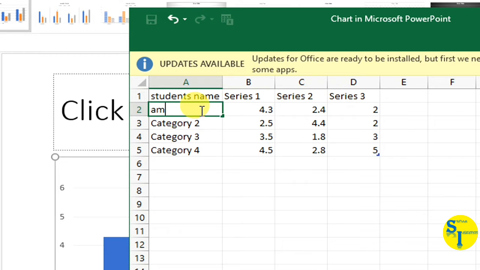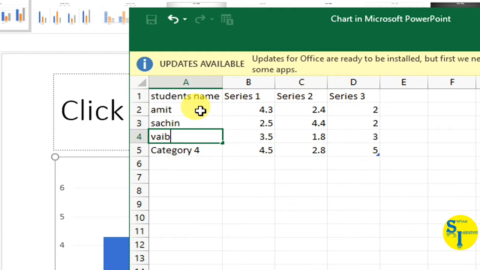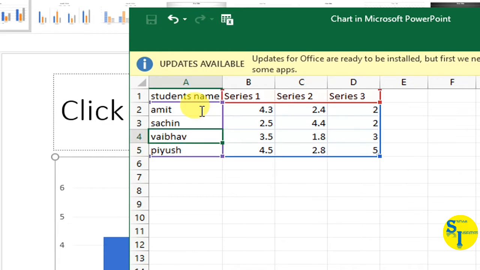Now give the names of students: Amit, Sachin, Vaibhav, Piyush. Now student, in the data series, in the column side, you give the values.